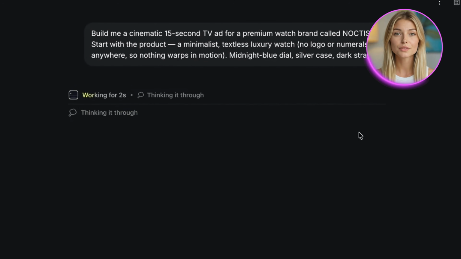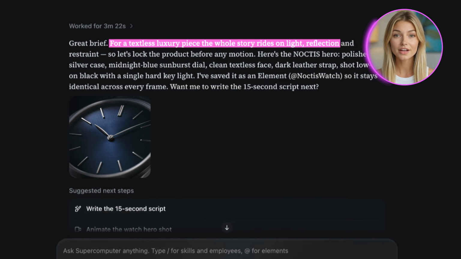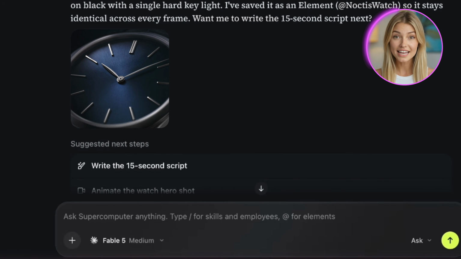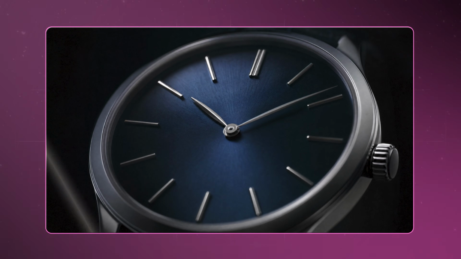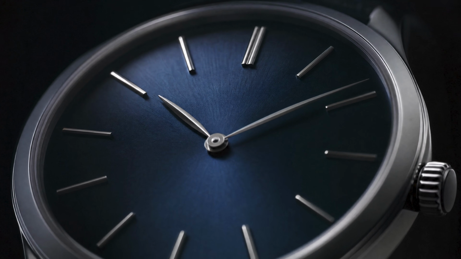And it actually pushes back a little, telling me a textless piece is all about light and reflection. So it gets the product exactly right first before anything moves. It generates the Noctis watch, then saves it as an element. So the watch stays identical in every single frame. This looks really good, the realism is on point, and it has that luxurious aesthetic that will attract a lot